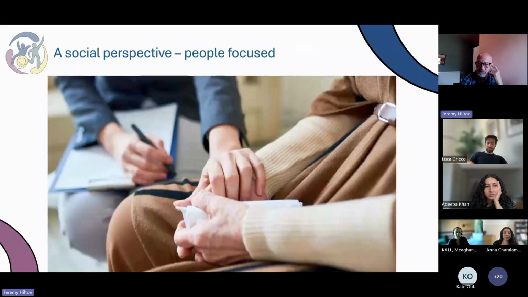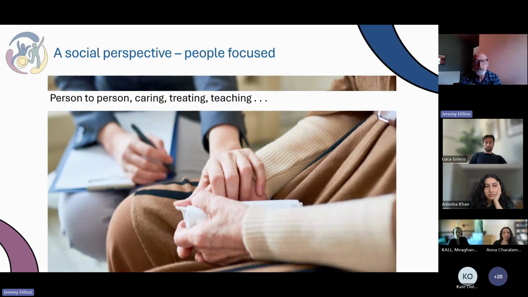The third type of system is very much that social perspective, which is more people focused, a more personal relationship. And I suppose here I have to declare a hobby horse of mine. If we're looking at delivering healthcare, I think that's purveying or conveying a more transactional view rather than caring for people, which actually gives a different emphasis to it. We don't provide treatment, which could be supplying equipment, but we treat. We don't deliver education, we teach.